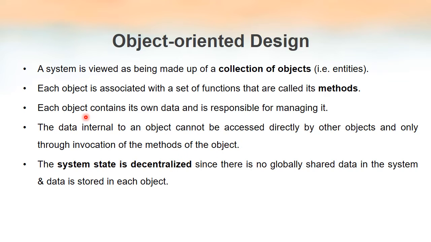Okay, so if I have 10 objects, consider 10 students or 10 human beings. Each of them has their own name, their address, etc. Each of them has all these functions like they talk, eat, walk, run, etc. But it is each one of them who decides when to talk, when to eat, when to run. It does not depend upon each other. And all the data each human being holds belongs to that human being itself. So the entire system state is decentralized.